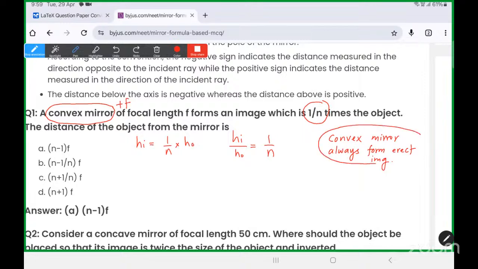इसकी लीनियर मैग्निफिकेशन क्योंकि पॉजिटिव है, तो देखो hi/ho की वैल्यू 1/n ले लिया। डू यू नो लीनियर मैग्निफिकेशन का फॉर्मूला मैंने बताया hi/ho, और साथ ही साथ -v/u भी बताया हूँ। hi/ho की वैल्यू मैं 1/n रखता हूँ, और -v/u एज इट इज। तो यहां से v का वैल्यू कितना बनेगा बेटा, -u/n, चेक कर लो, -u/n बन जाएगा।